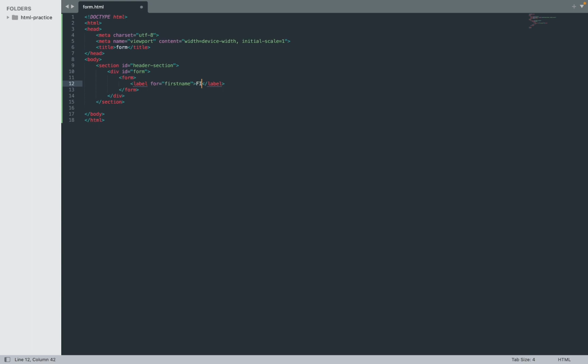And here we'll have first name. And we are going to create our input. Type of input is text, and the name of this input is first name,